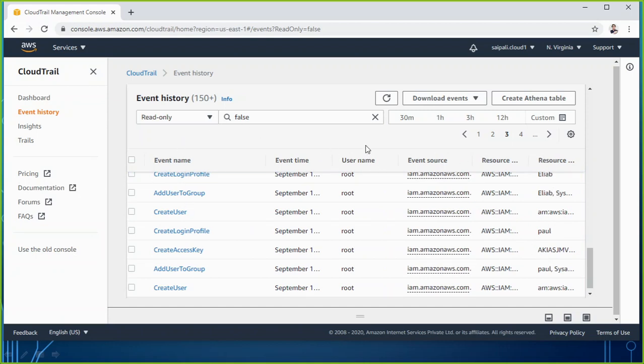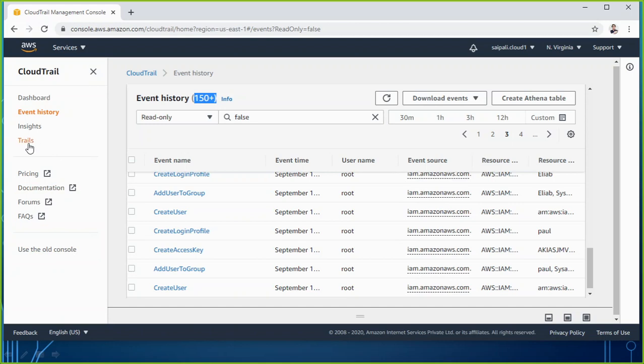So now I hope it will be very clear to you all. By default, after each 90 days the events get removed, right? So if you want to keep them for a long period of time, you can download this event history. You can download it as a CSV file, which you can open in Excel and read, or you can download it as JSON, JavaScript. It's up to you. You can download it and keep it there, or if you just want to read it, you can read it from here. In history, the total is actually more than 150 events. You can check from here.